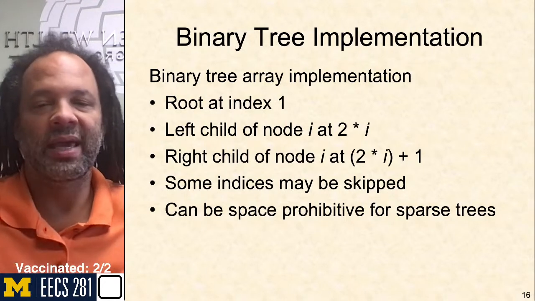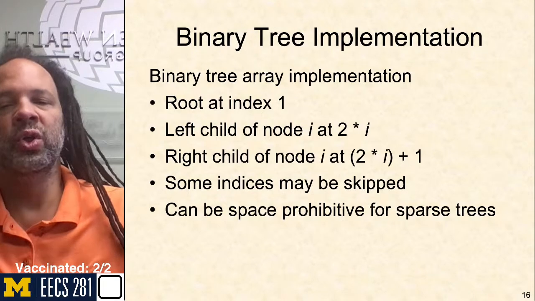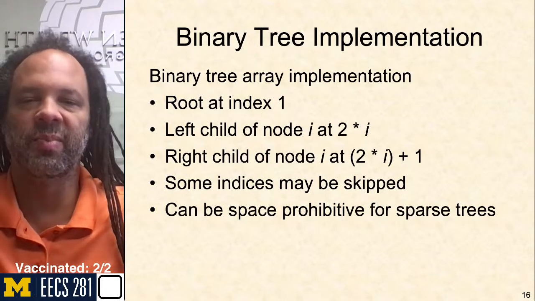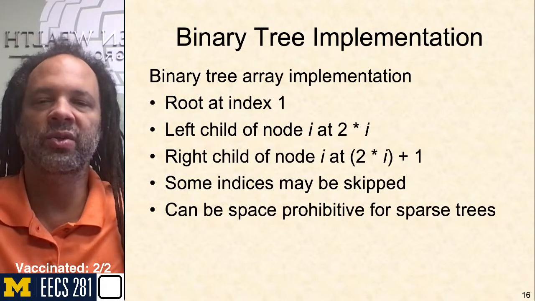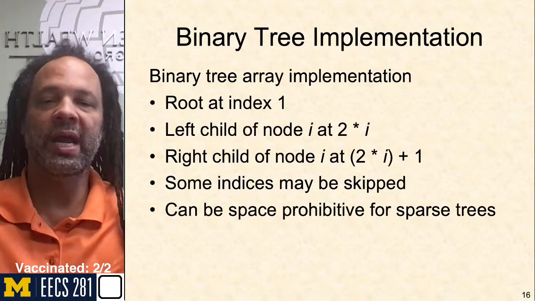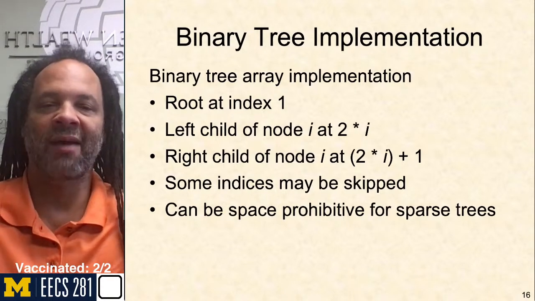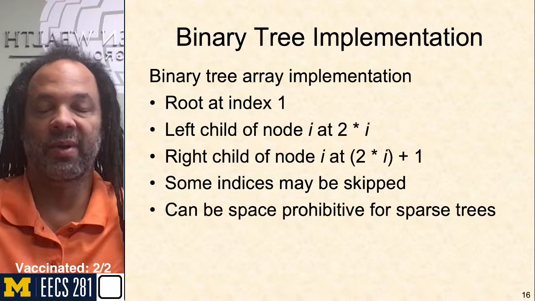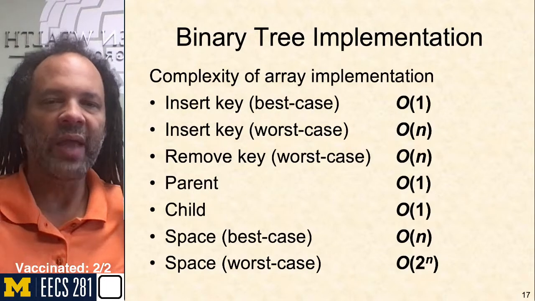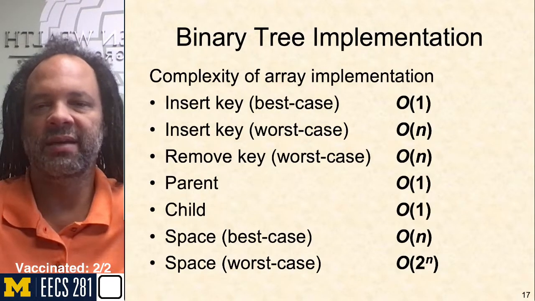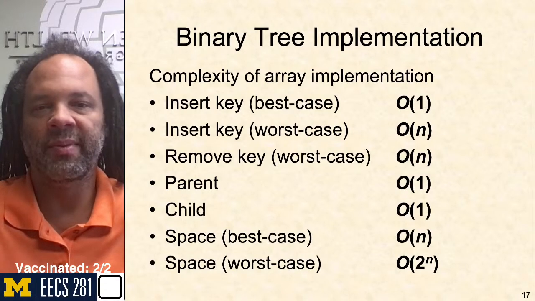So it can be space prohibitive because we're using up so much empty space in a sparse tree. So we might not want to do the binary tree array implementation if we're going to have a tree with a lot of space as a sparse tree. As we look at the time complexity of dealing with the things here in the array implementation of the binary